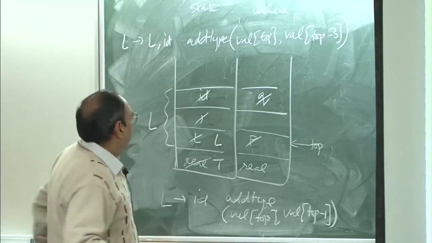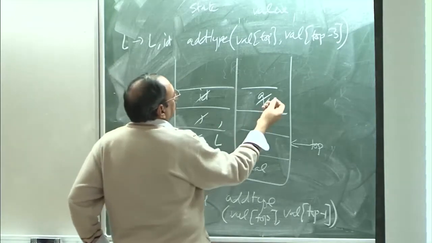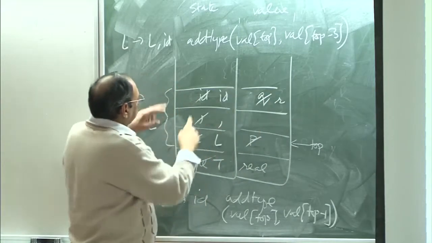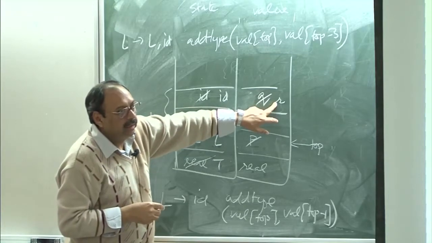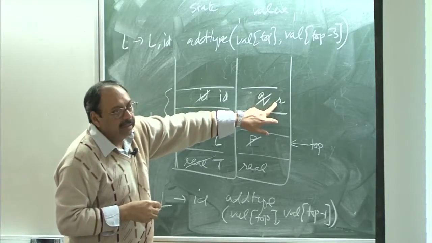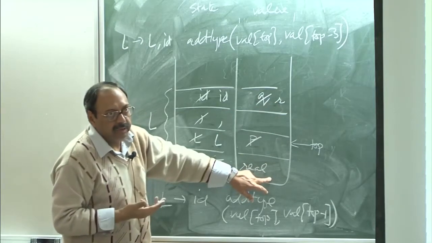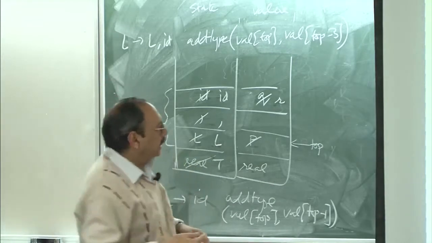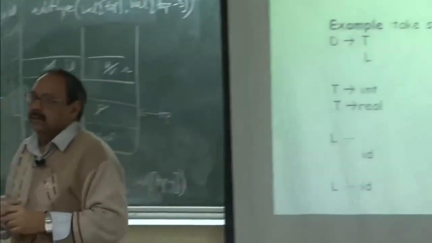And then I will again push comma on the stack and I will again push now ID on the stack which is going to be R and ID and I will again do this reduction, and when I say now I want to make an entry corresponding to R, what is the rule I will use? I will say that type of R is available at top minus 3 which is here. So, do I need to use any of this rule or this rule if I know the position of the type in the stack?